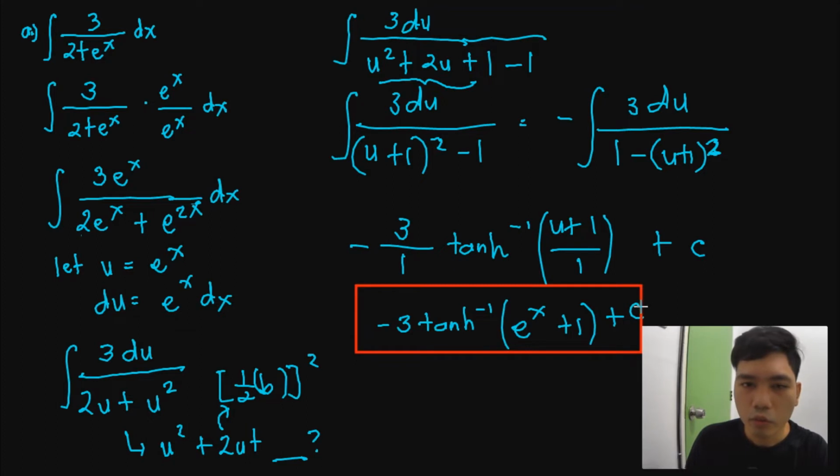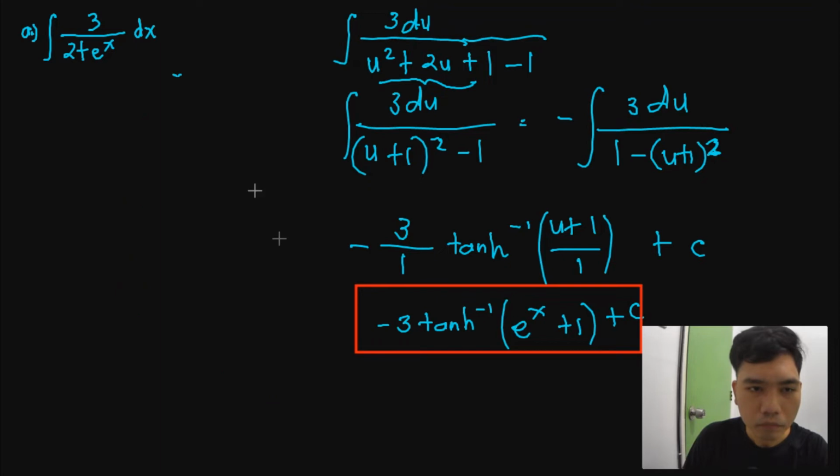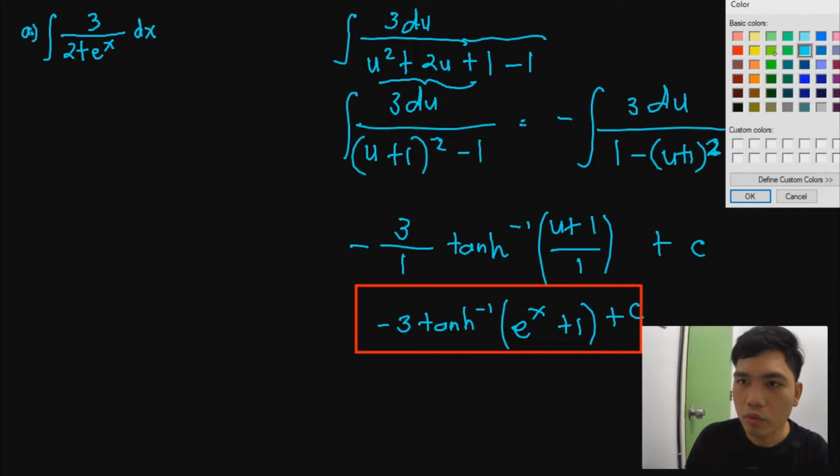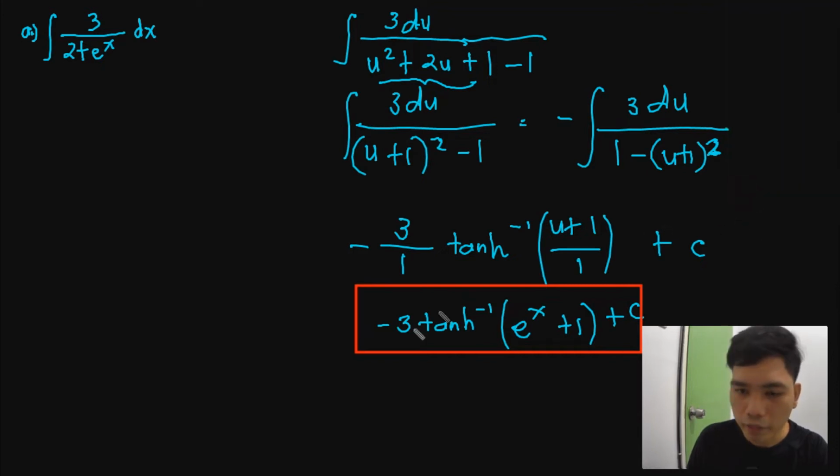Okay, so if you want to check this, let's try checking this, no? I think I'll just be doing it here sa baba. I'll try to differentiate this expression. So, let me just use another color. Okay, so try natin itong i-differentiate para mapalabas natin yun kung tama ba siya. So, we have negative 3 multiplied by the hyperbolic inverse tangent of e to the x plus 1. So, alam naman natin na if you have this form, so you have 1 divided by, so yung